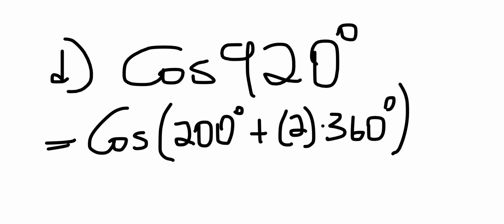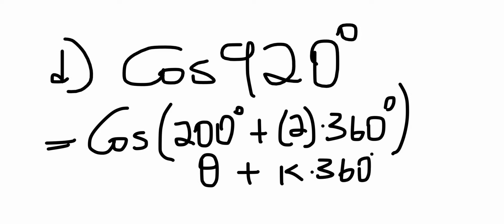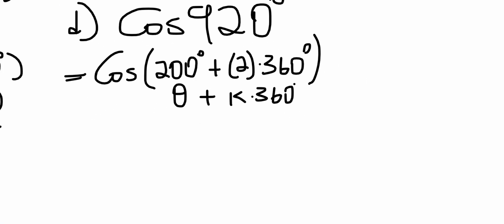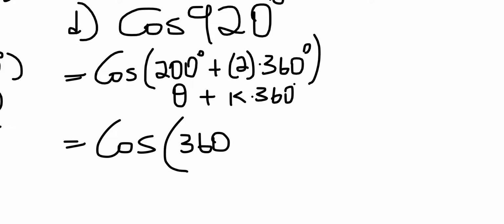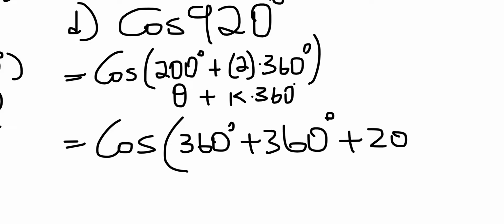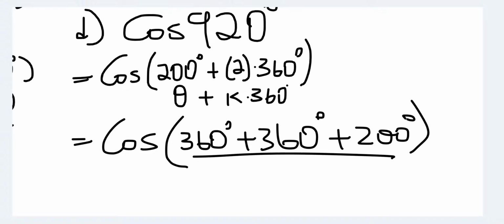360 degrees. You remember this, where we said you will write it in this format of an angle plus how many 360s? That's what I've just done there. It doesn't matter how you interpret it. It doesn't matter if you start with 2 of 360s and all of that. Again, you can still do it this way and say, actually, it is the same as 360 degrees plus another 360 degrees plus 200 degrees. This thing does give you that same